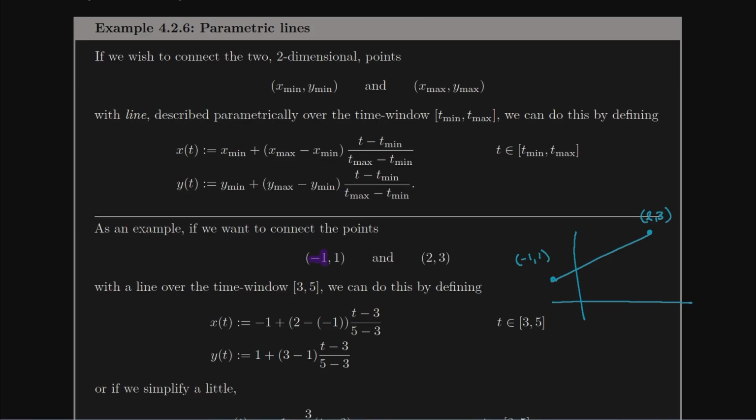So this is x min, for example, and x min ends up here and here, so I'm going to put a negative 1 in there and there. This is x max, for example, x max is there, so I'm going to put a 2 right there. My time window I have from a 3 to a 5, and in this case, imagine that somebody handed that to me, even though I could decide it for myself. Tmin is here and here, so I'll have a 3 here and here, and the Tmax is there, so I'll